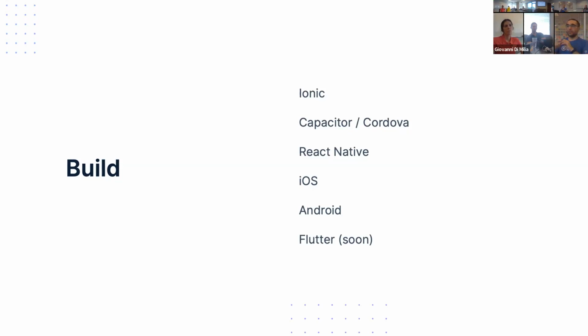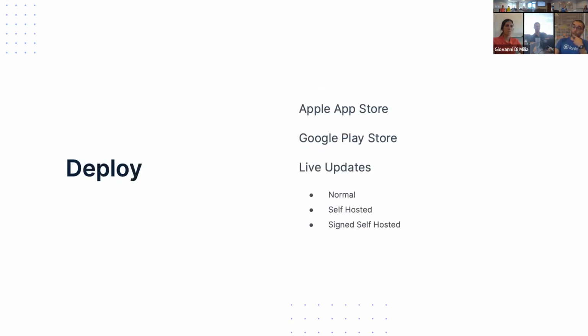It doesn't matter if it is Ionic framework code on top of that, we can also build React Native apps, pure iOS apps and pure Android apps, and soon we are gonna introduce support for frontend.